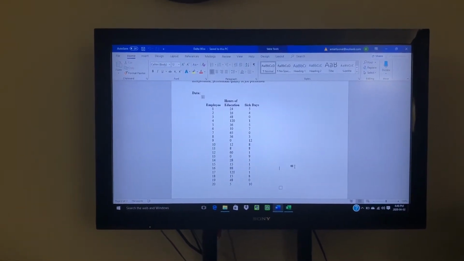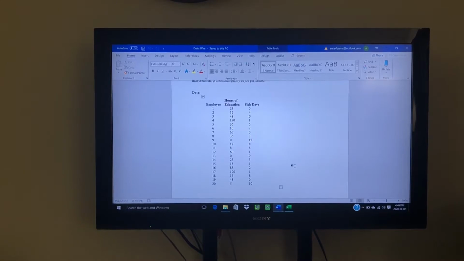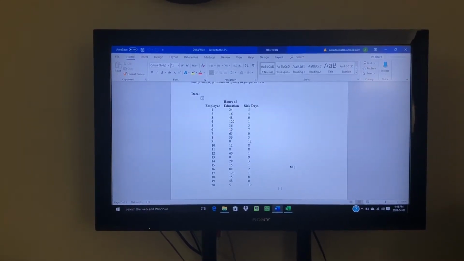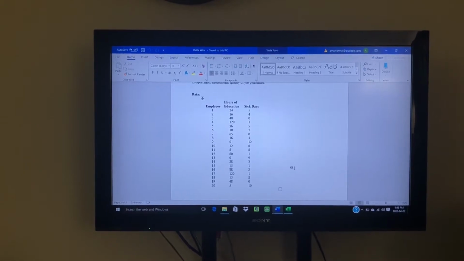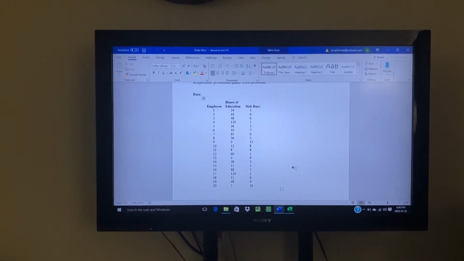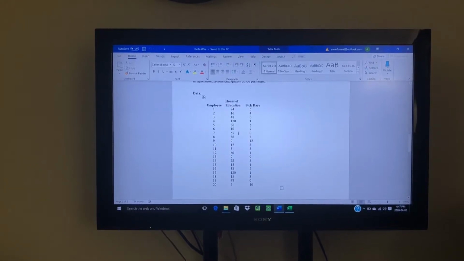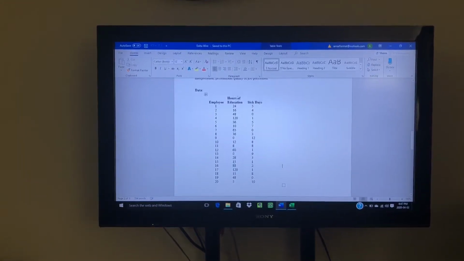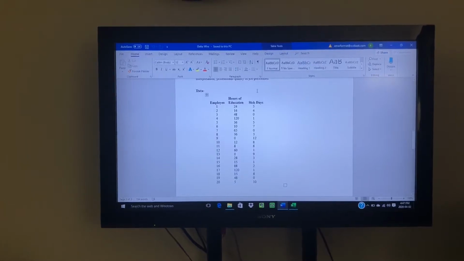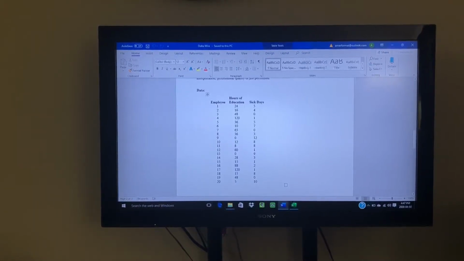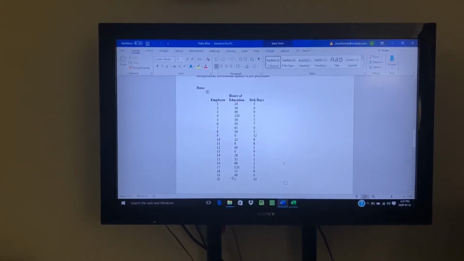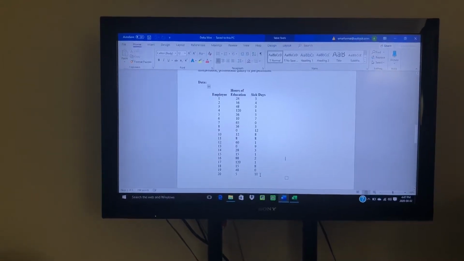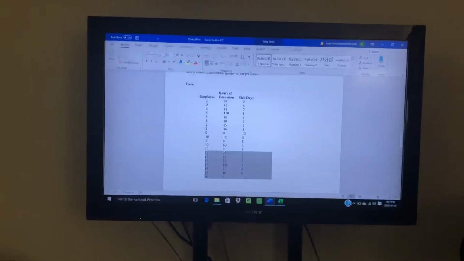Okay, I'm gonna explain here how you can actually take the information from the report question that Dr. Lee posted and do the regression analysis. As I told you in the other video, you have hours of education and sick leaves or sick days for 20 different employees. So what I'm going to do now, I'm just going to copy this list